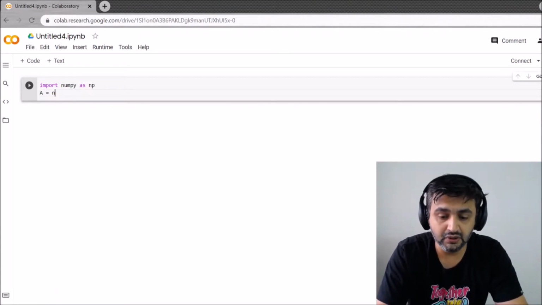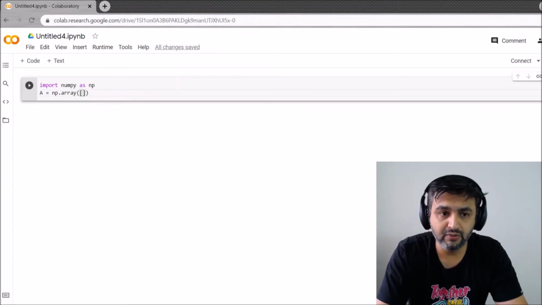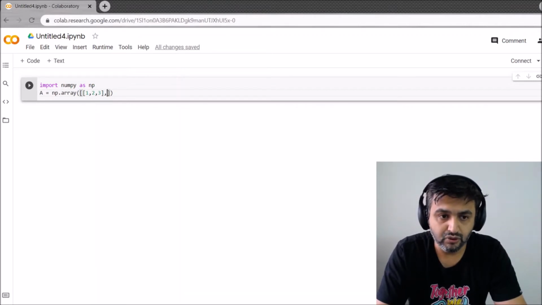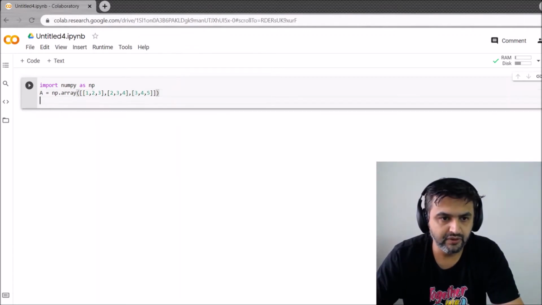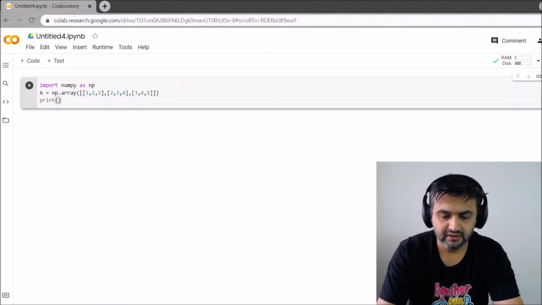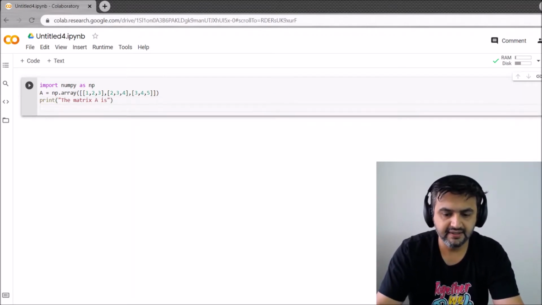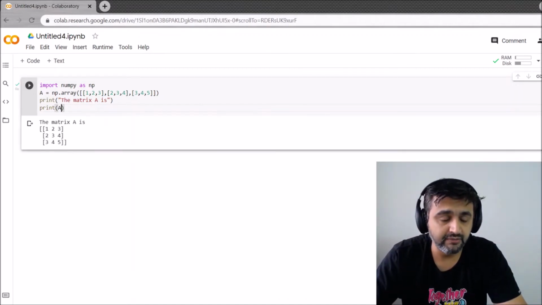So let capital A equal np.array, open the bracket, then again inside the bracket, now suppose I want to make the first row. For the first row, I will enter a bracket 1, comma 2, comma 3. Come outside, put a comma, then 2, comma 3, comma 4. Come outside, give a comma, 3, comma 4, comma 5. Now once I have this, I will press enter and then say print, the phrase 'the matrix A is', and in the next line print the matrix A, and then control enter, and you should get the matrix. As you can see, this is a 3 cross 3 matrix.